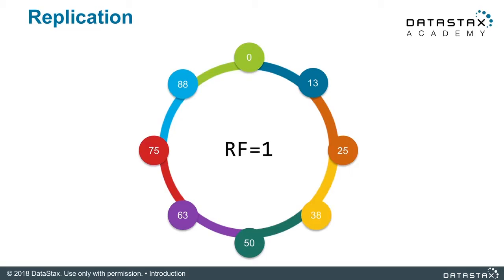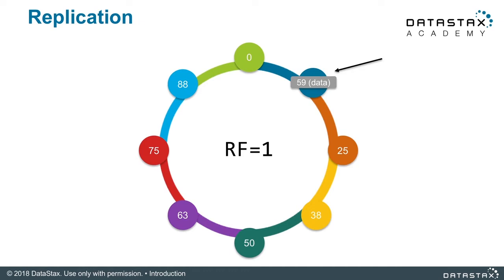Let's replicate some data. So in this example cluster with just a replication factor of 1, meaning only one copy of your data per node, how does the data get moved around in the node? So this is how a coordinator works. When data is written into the cluster, this particular piece of data has a partition key that's been hashed to the number 59 as an example. If it's written to this node that has the range up to 13, well, hold on. That's not the correct node for the data.